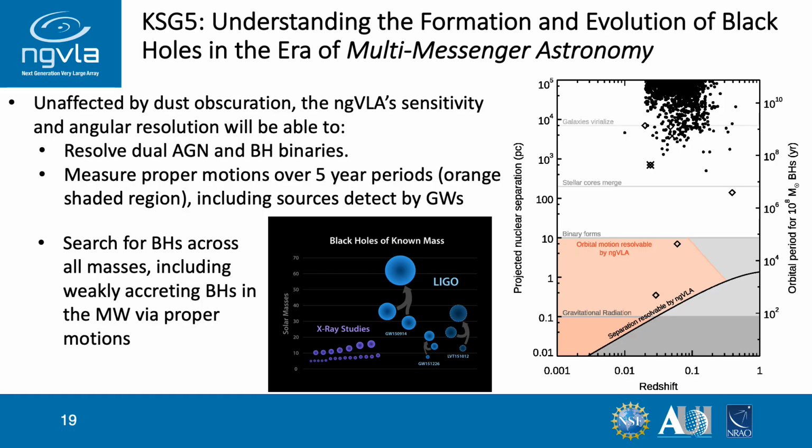The last key science goal here is understanding the formation and evolution of black holes in the era of multi-messenger astronomy. So first, unaffected by dust, NGVLA sensitivity and angular resolution will be able to really resolve dual AGN and black hole binaries and measure proper motions over 5-year periods. This is shown in the right-hand panel figure of the projected nuclear separation as a function of redshift. And again, that orange area shows where the NGVLA will have enough sensitivity and angular resolution to measure the orbital motion or expansions of